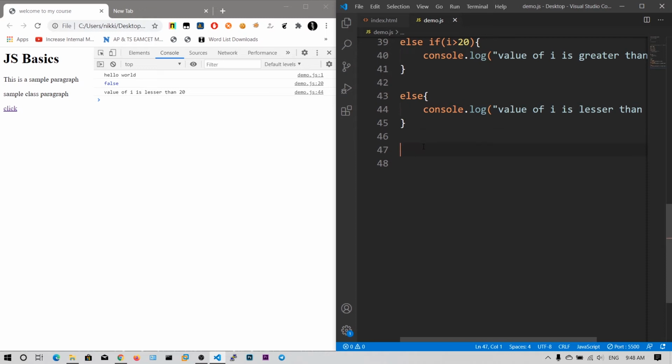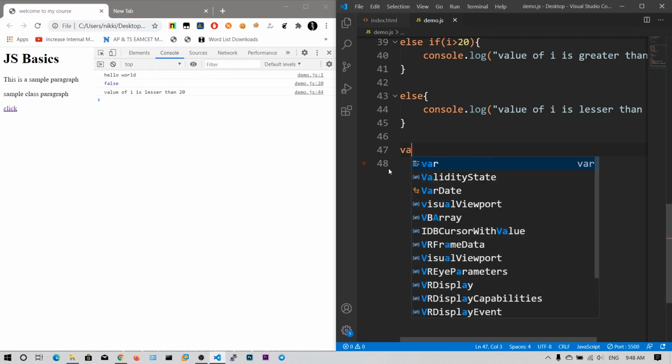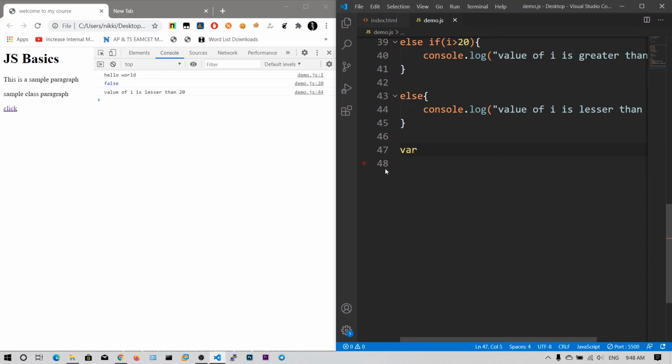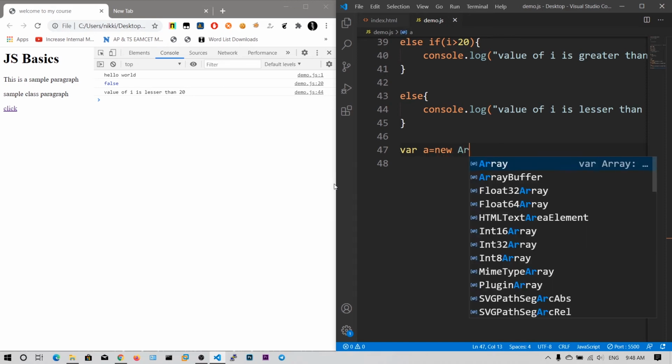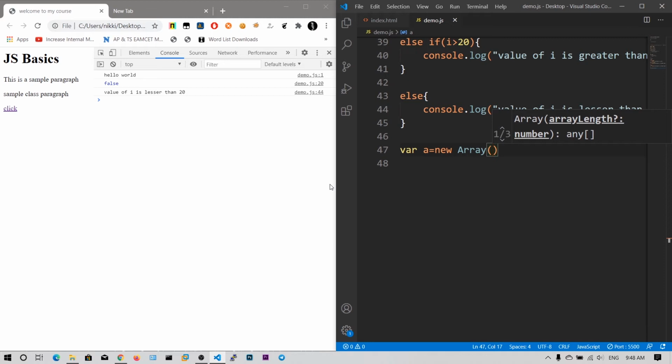Now these are some basics of JavaScript. Now we will see the array, and then we will see the DOM model, that is document object model, which is a very important one. And to declare an array, we need to say var a is equals to new Array of, you need to specify the values you want to put in the array.